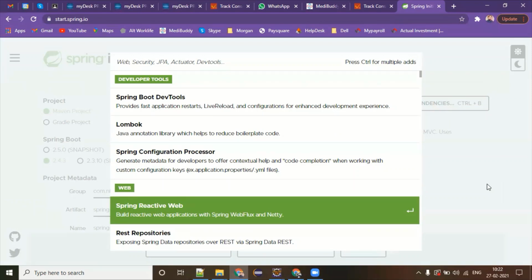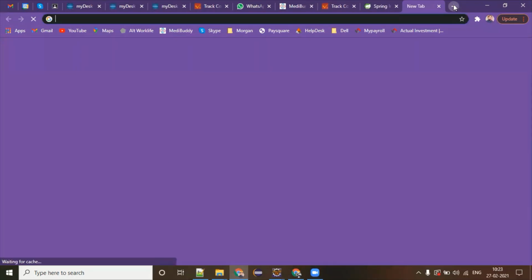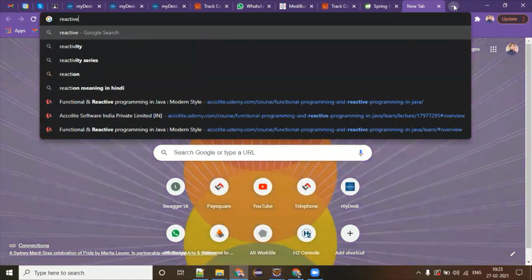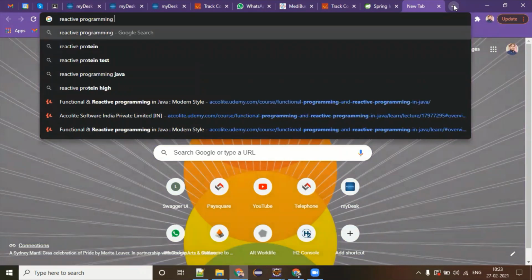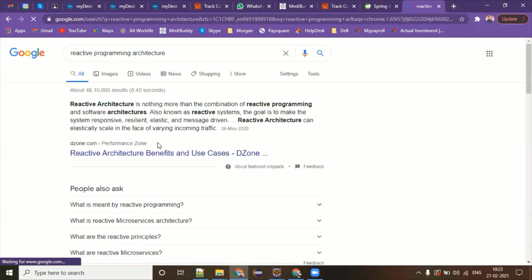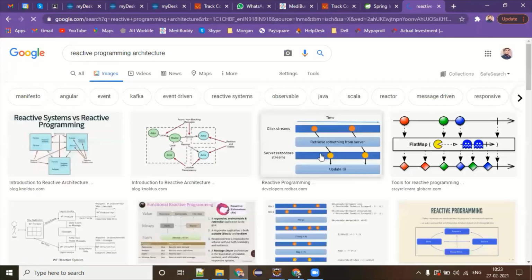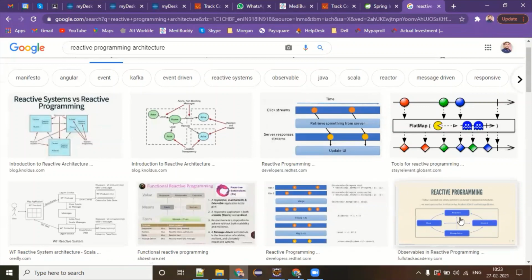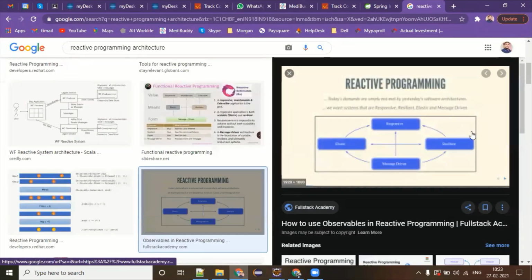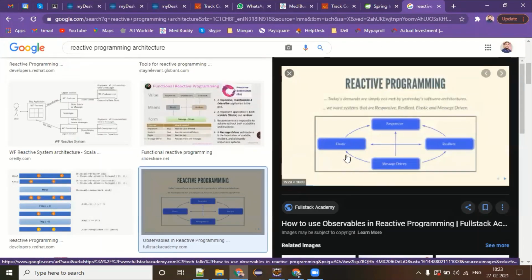If you look at this reactive programming architecture, then probably you will understand what exactly it is doing. The threads are in a loop, so these guys keep on working in parallel.